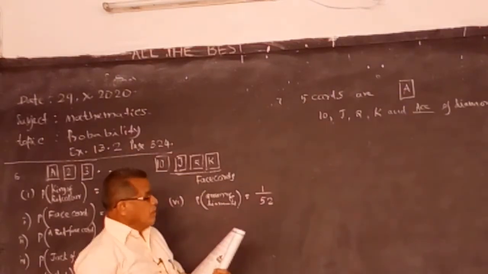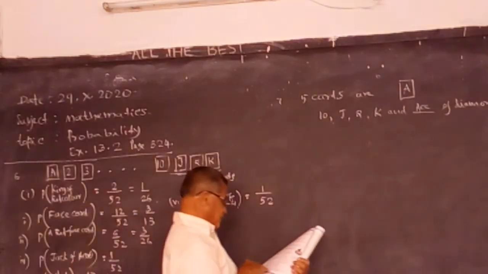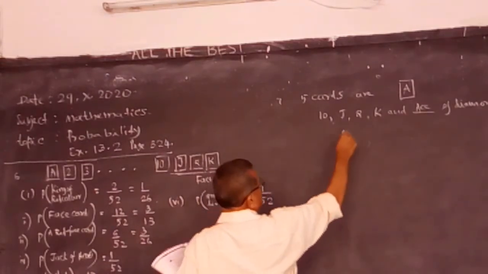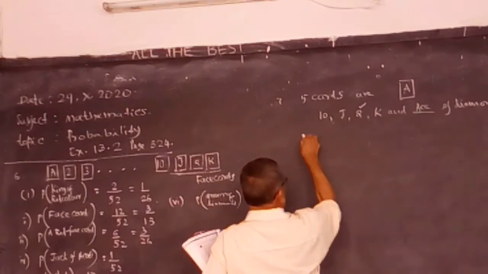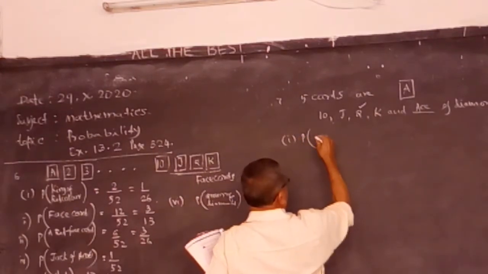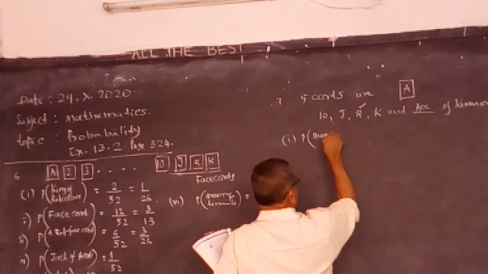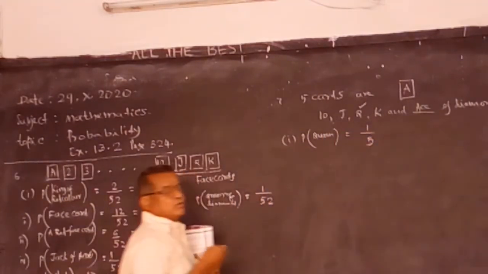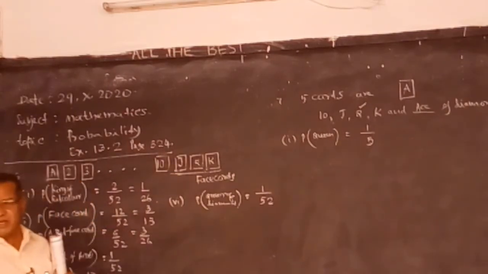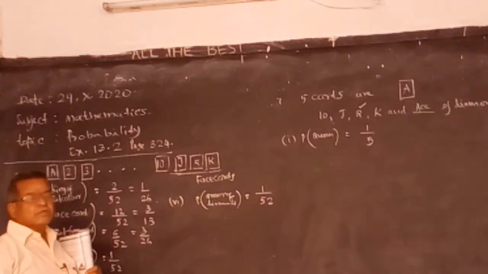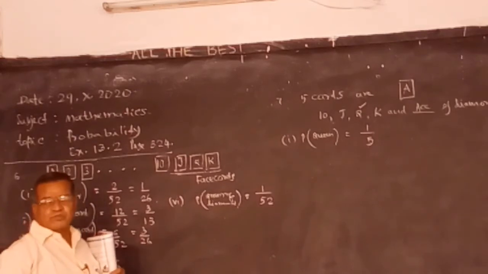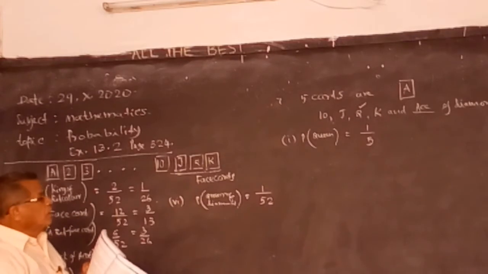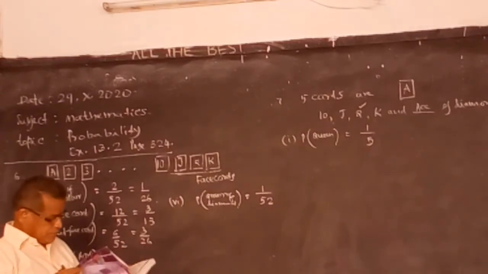Okay. Now, what is the probability that the card is the queen? Only one queen. So probability of queen is only 1 out of 5. So the answer is 1 by 5. To write the formula: number of favorable outcomes by total number of outcomes. Like this. Second question,